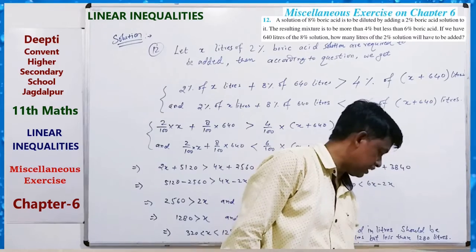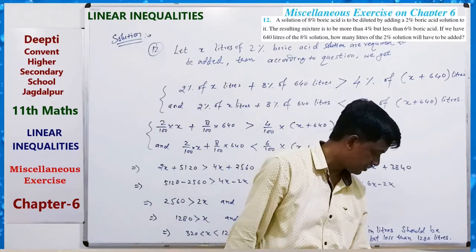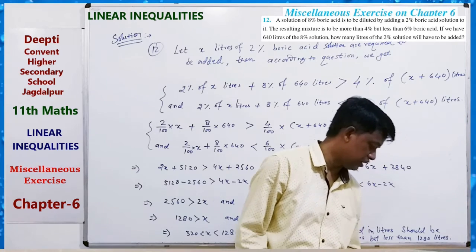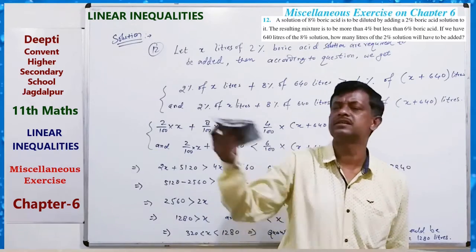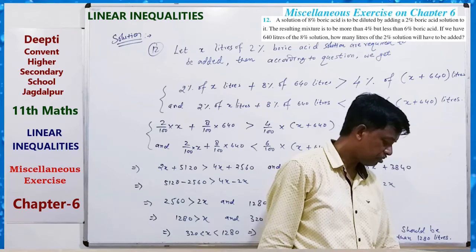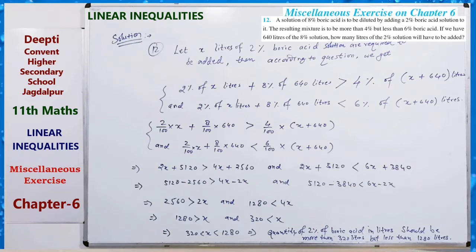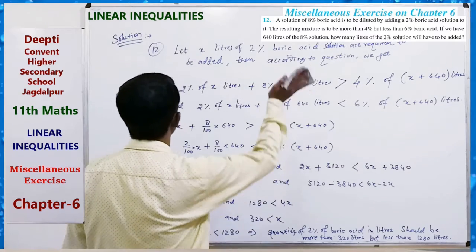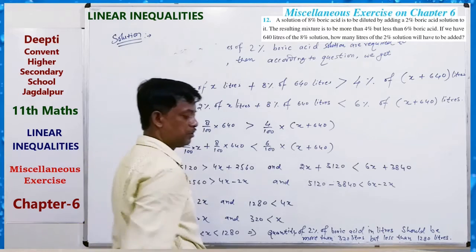Okay. So 13 can also be solved, just it is for your practice. Okay. Now take question 14. 13 is just like that. How many liters of water to be added? Suppose x liters of water is to be added. Then you can set the equation just like this and can solve. Okay, so 13 is for your practice.